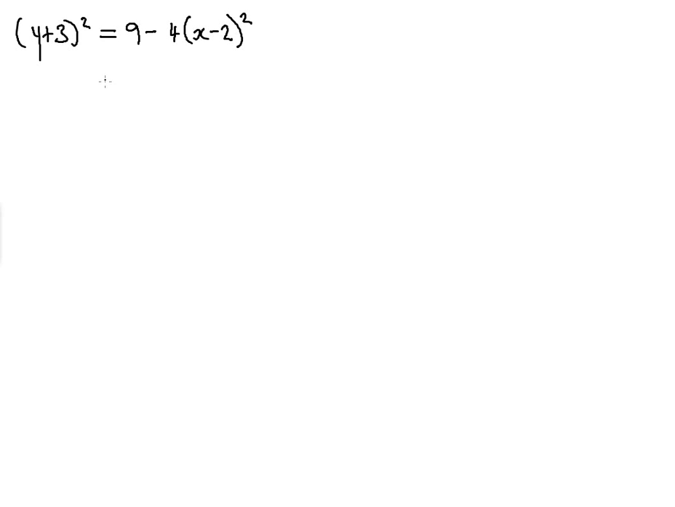Okay, this question asks us to sketch this curve. (y + 3)² = 9 − 4(x − 2)². So from our previous chapter, we know that this is the same thing as (x − 2)² over (1/2)² plus (y + 3)²